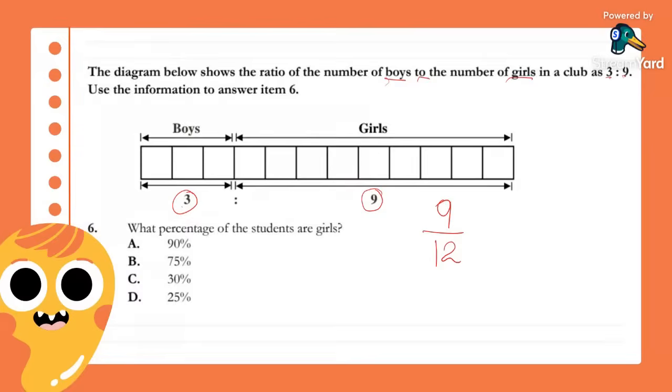9/12. Now, we need to see what percentage is girls, and we have been converting fractions to percent, so we know that we have to multiply this by 100 over 1. So let's go ahead and start simplifying or start canceling out. 12. Let's think of a number that we can divide into these without leaving a remainder. I like to approach it by starting to cancel out this 100.